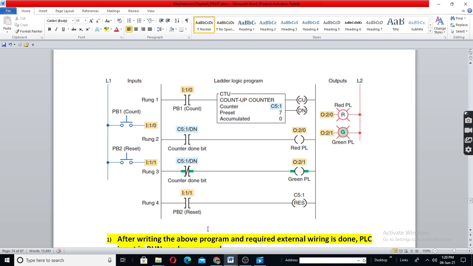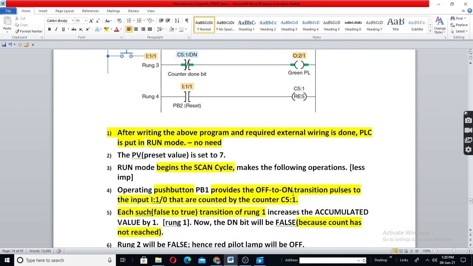At any time, if you want to reset, we can press push button 2, which is read by the PLC and applied to the reset input. So it will get reset, and the next cycle can begin.